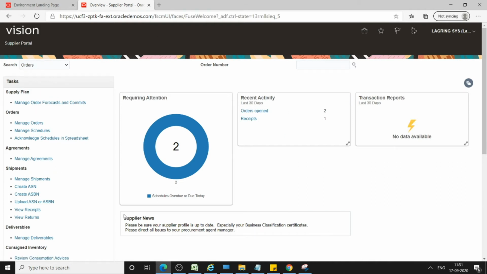This is the supplier portal screen, and you have different infolets such as requires attention, recent activity, and transaction reports. Directly, we will click on manage orders and review the purchase order.